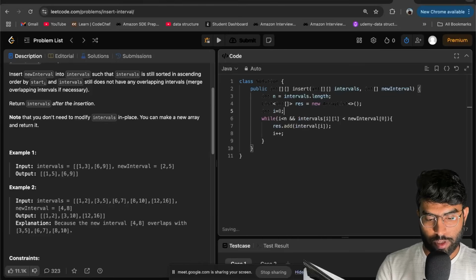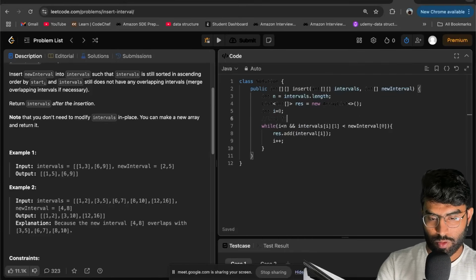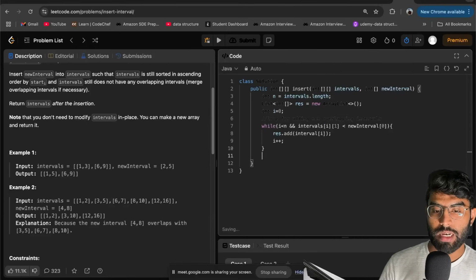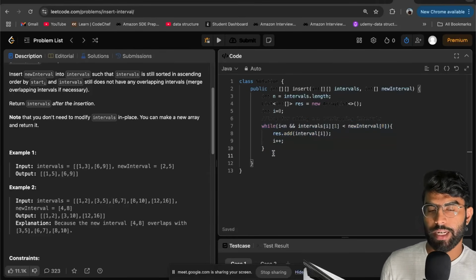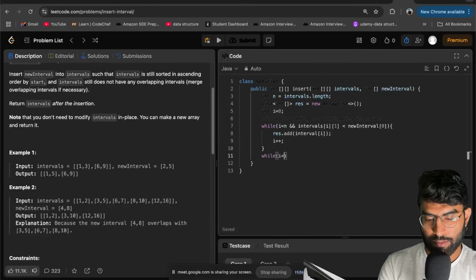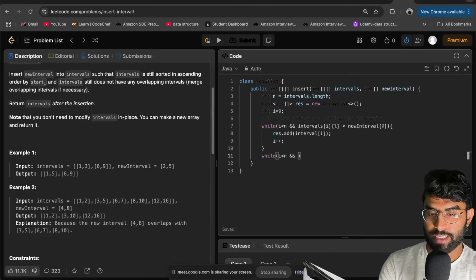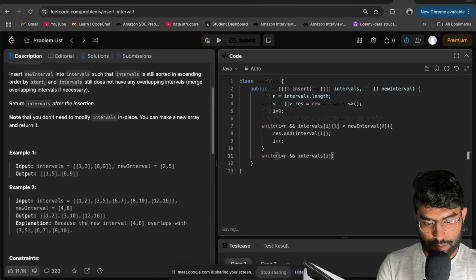So this is the loop for adding non overlapping intervals. Now after this loop we will get an interval which is overlapping, so we need a while loop for that also. The condition will be the same, i less than n. What is the second condition? We need to check intervals of i comma 0. This is the starting point we need to compare, is less than or equal to new interval